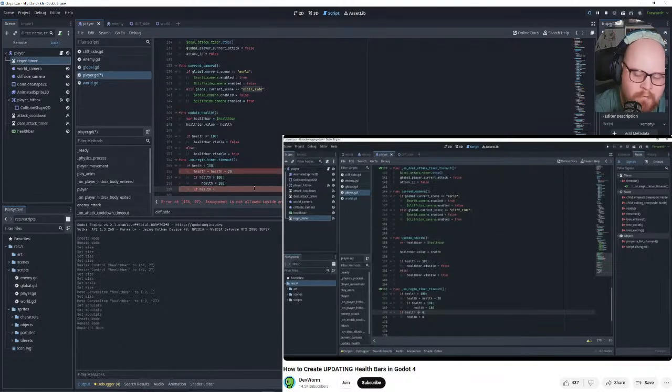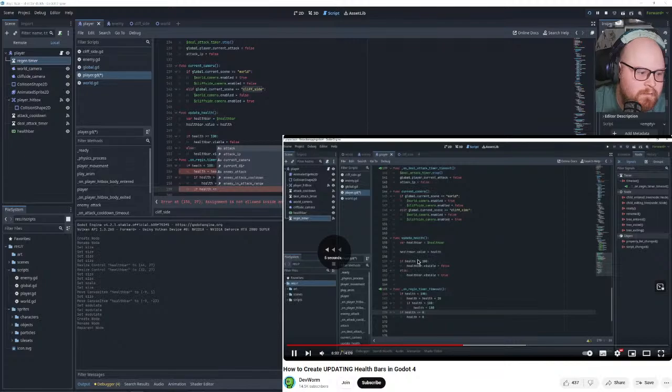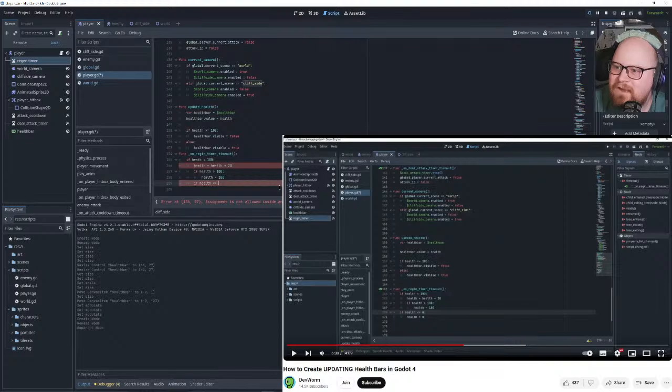He has a statement here that says if health under 100, health equals 20. It should be plus 20, not equals 20. Plus 20. So this is regenning health, and then if health greater than 100, so if it's lower than 100,